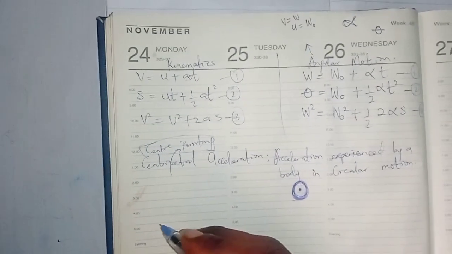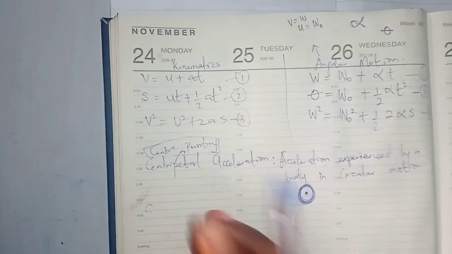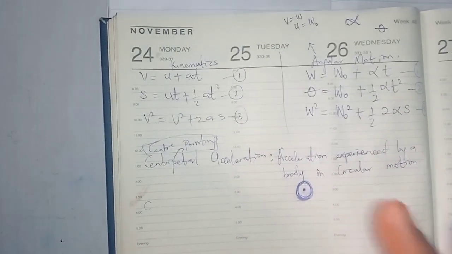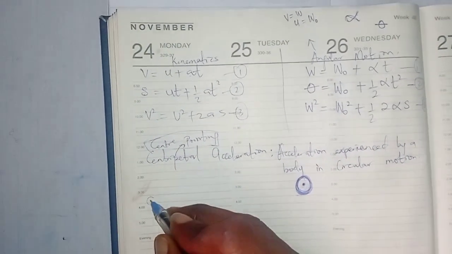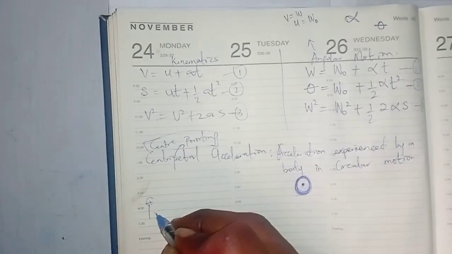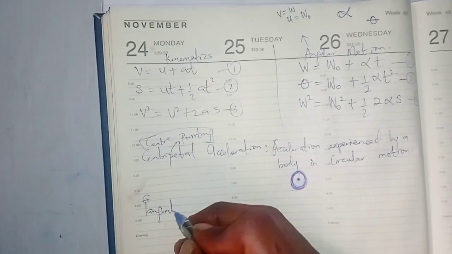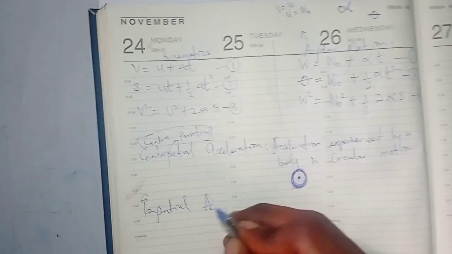But we're not talking about centrifugal. So I normally say centrifugal means center fleeing, fuga, F for fleeing. But what we are doing now is tangential and centripetal. So for tangential acceleration,